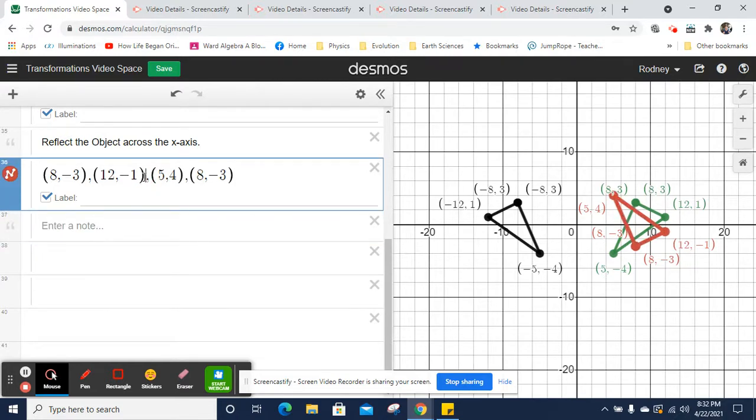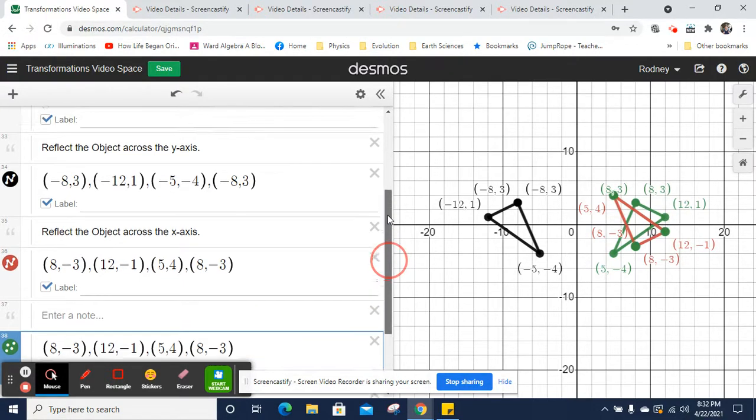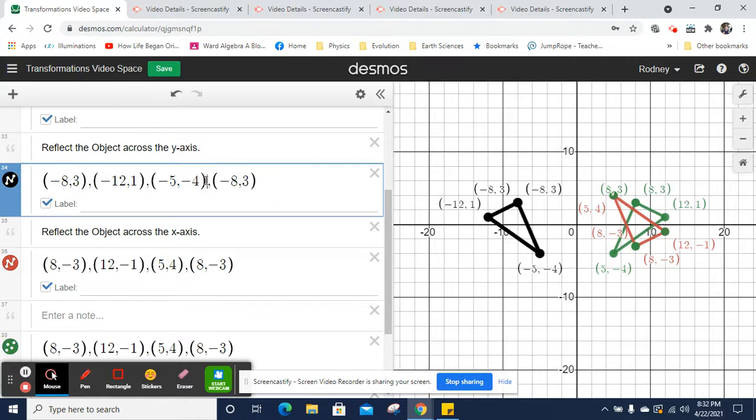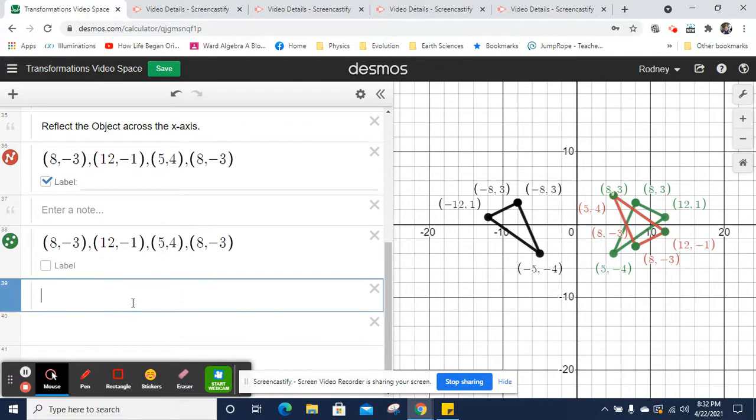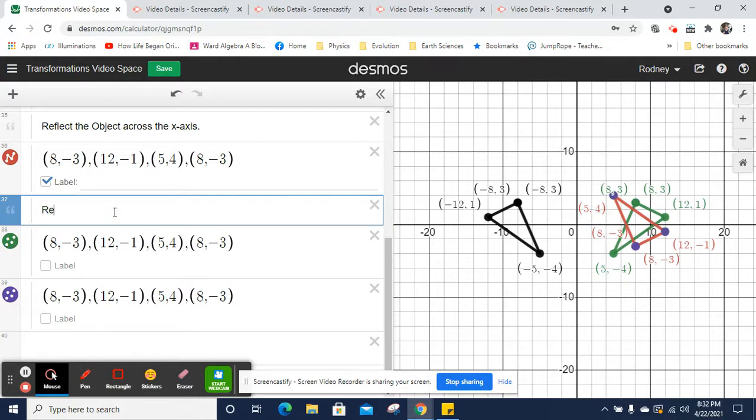So I'm just going to grab this one, put it here. I'll also grab this reflection across the y-axis and put it here. Now watch what's going to happen. So for the green one here, I'm going to reflect this one. So reflect the previous